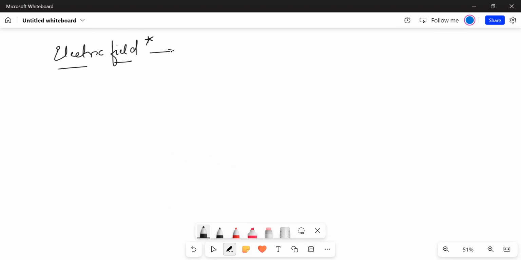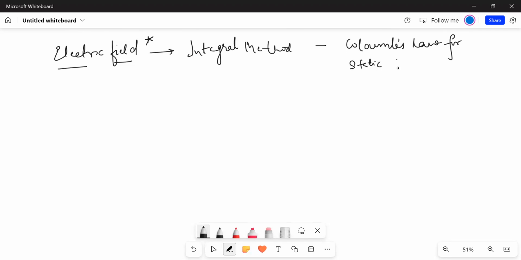Okay, so in order to calculate electric field, we have till now discussed something called the integral method. What is the methodology? As I stated, Coulomb's law is only valid for static point charges. Since it is valid only for static and point charges,